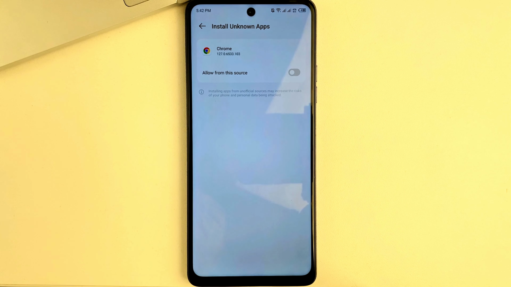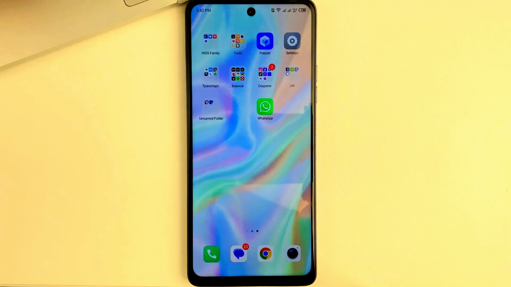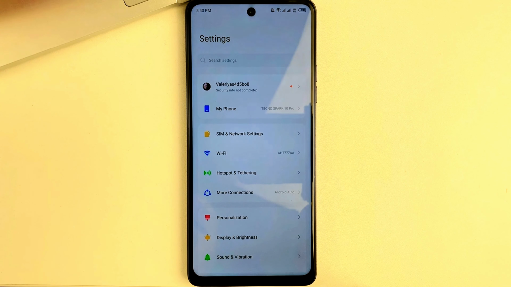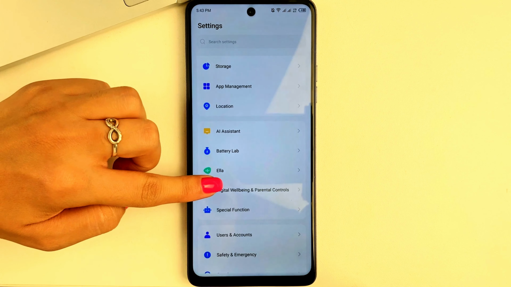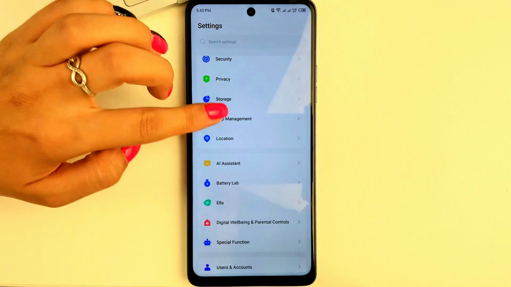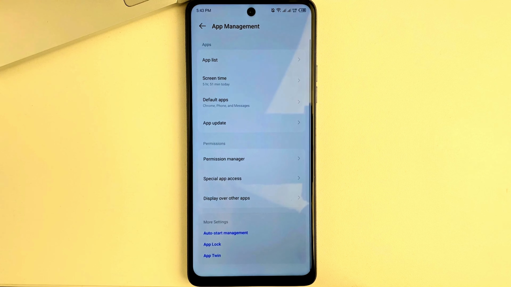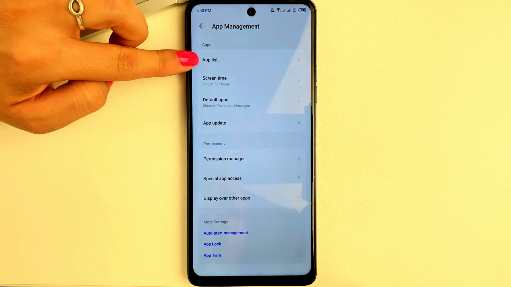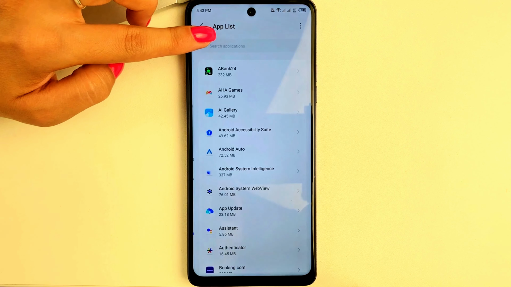So friends, let's get into this topic. And I'm going to show you the whole process from the beginning. First of all, friends, you will need to open the settings on your Android. After that, scroll down to the bottom and find the Apps option or App Management, whatever you want to call it. Next, either you will immediately have a list of all the apps that you have, or you will need to go to the apps list like I did.